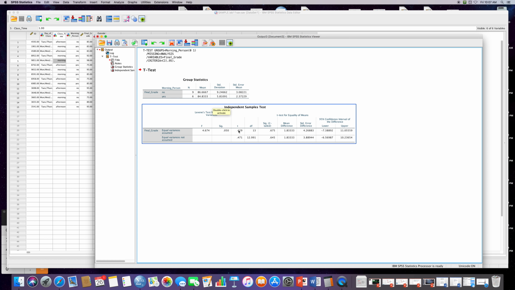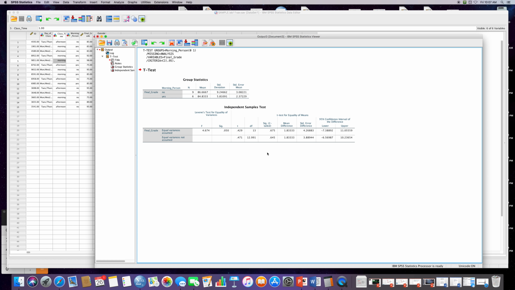If the significance value were small enough, then we'd say yes, there is a statistically significant difference between these two groups, that for whatever reason one of these was different, like, wow, that variable really made an impact on